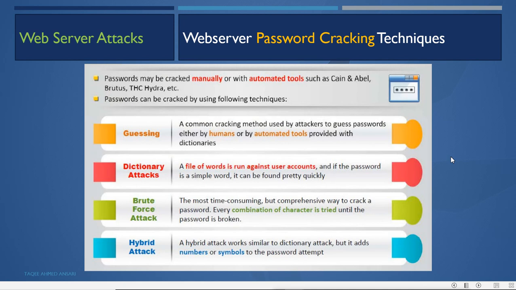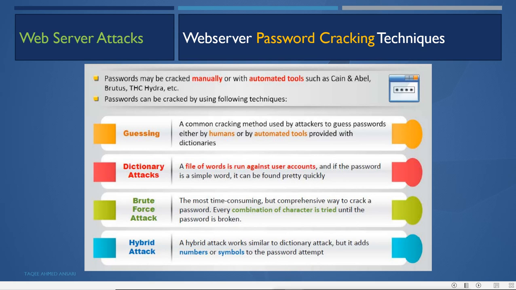Now web server password cracking techniques. Passwords may be cracked manually or with automated tools such as Cain and Abel, Brutus, THC Hydra, etc. Password can be cracked by using the following techniques. First, guessing. A common cracking method used by attackers is to guess the password, either by humans or by automated tools provided with a dictionary.